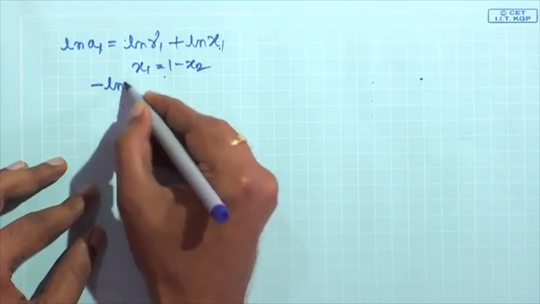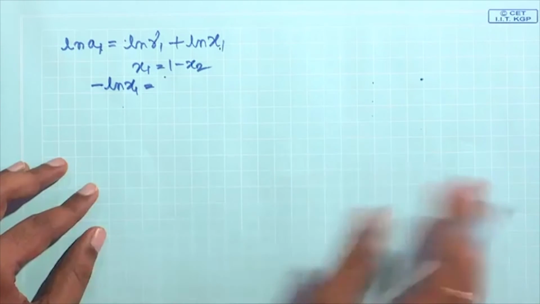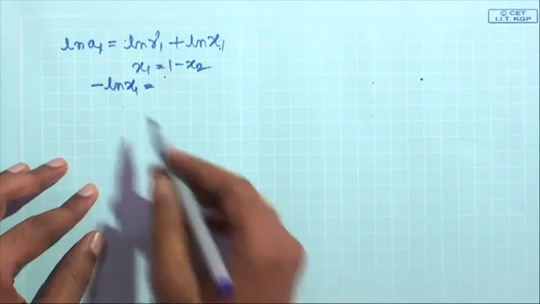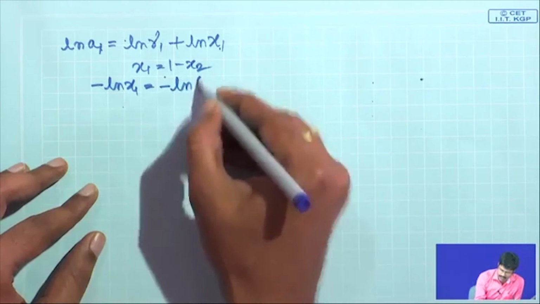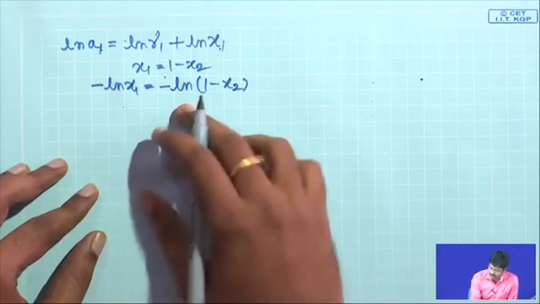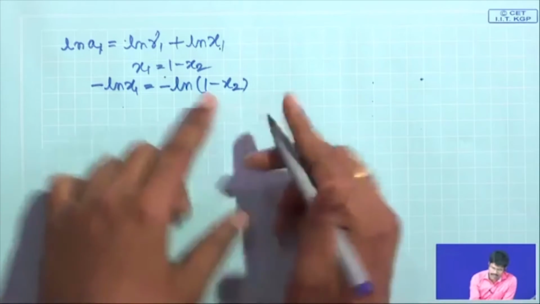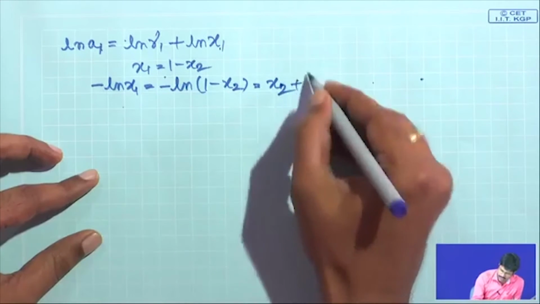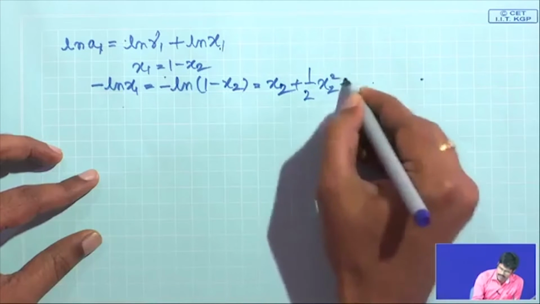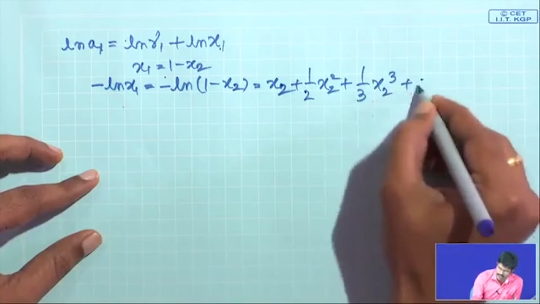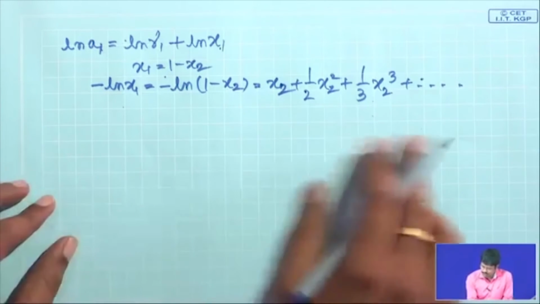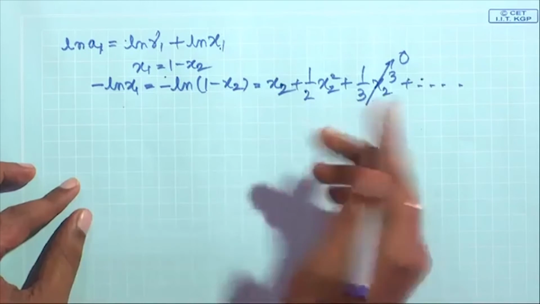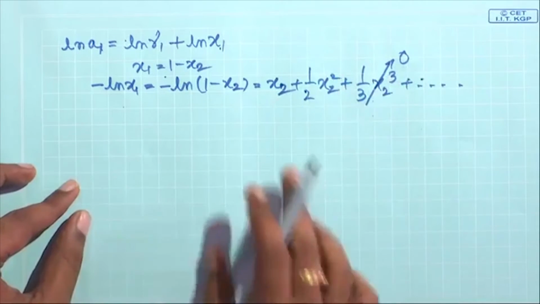So, minus ln of x 1. This mathematical treatment is nothing but to try and simplify the things later on to correlate delta T with delta R and molecular weight. So, minus ln x 1 is nothing but minus ln of 1 minus x 2. Now, it can be shown that minus ln of 1 minus x 2 can be written as this kind of power series in x 2: x 2 plus half x 2 square plus 1/3 x 2 cube, so on and so forth, when x 2 is very small. It can be shown. I am just ignoring the higher terms, all these terms are 0, because let us say x 2 is very small here. So, only these two terms we will consider.